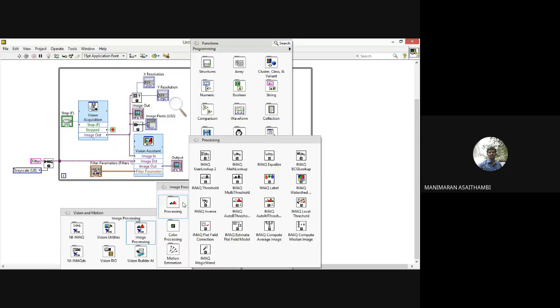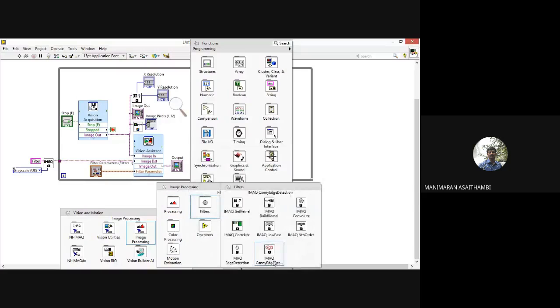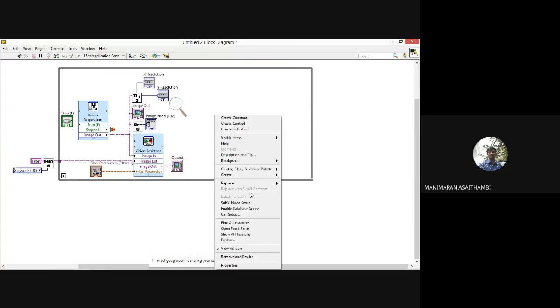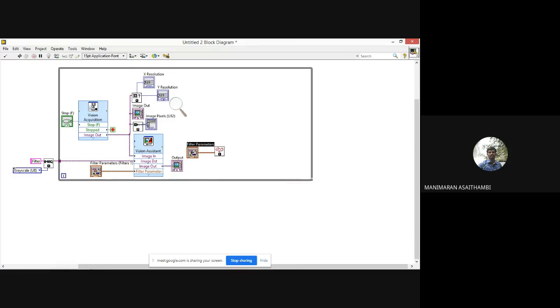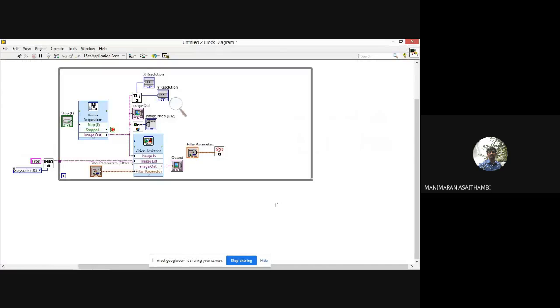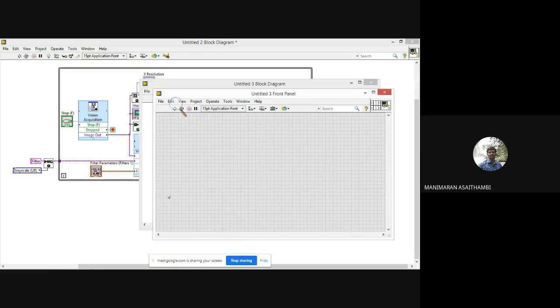As for this filter, next to processing filters, there is canny edge reduction. The same canny edge reduction also has the same type of controls. It will not have anything beyond it. Do you see that here also I have sigma, high threshold, low threshold, window size. So the icons remain the same, but how we use them is up to us, because here we define them in the form of a higher level or lower level. That we have to choose. So for example, as we mentioned in cropping some images,